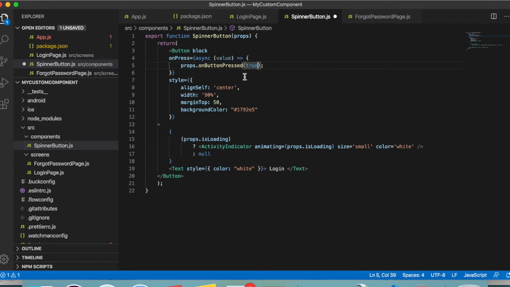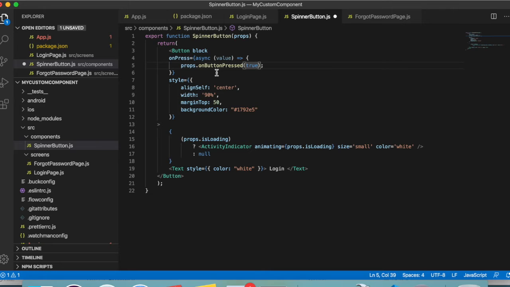The idea here is that you call your parent component and inform it that the child component has taken an action of pressing a button, so you perform what you want to do based on the button press. We have written this custom component very specifically because we want a very similar UI in all the other screens.